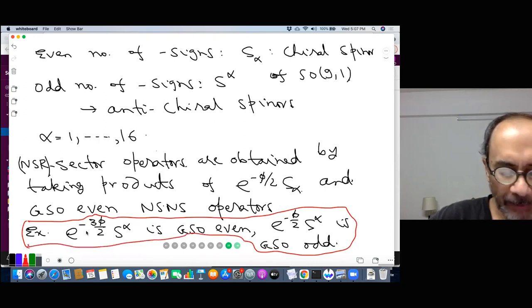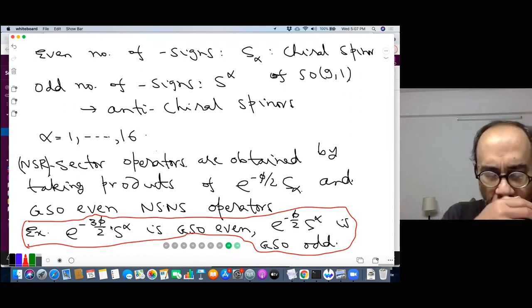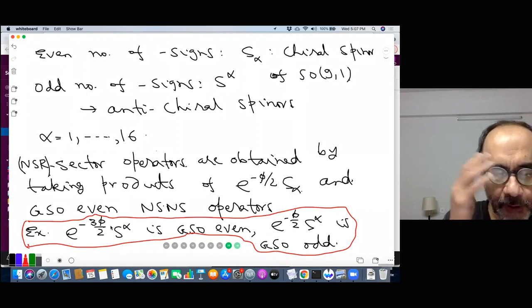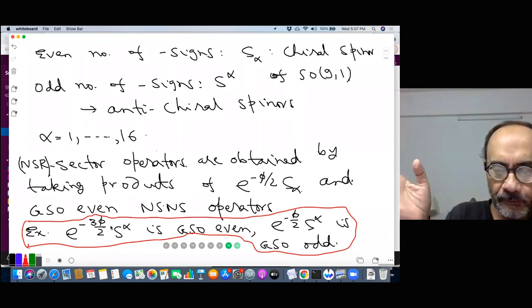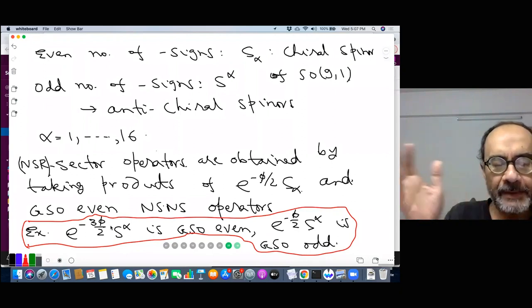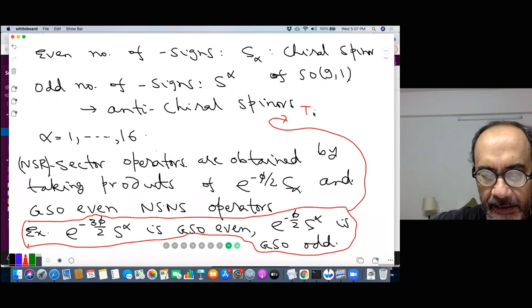The way one proves this, I'll just indicate how to prove this. Suppose you take the operator e to the minus phi times psi. So to prove this, take the product